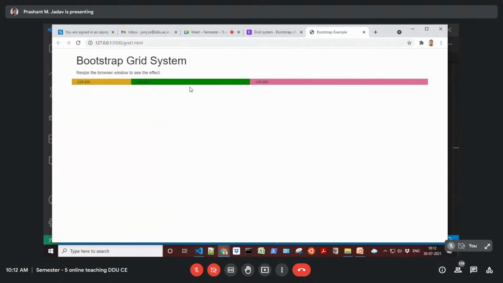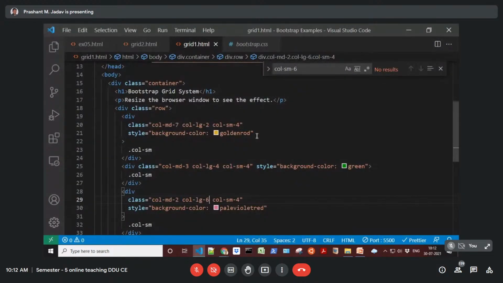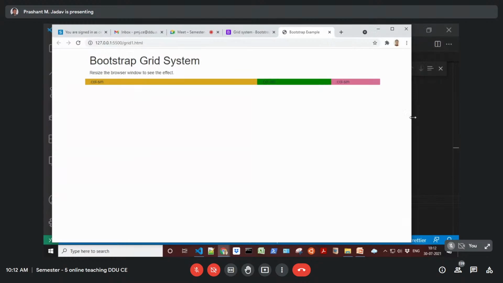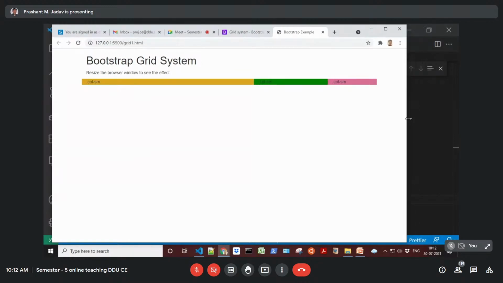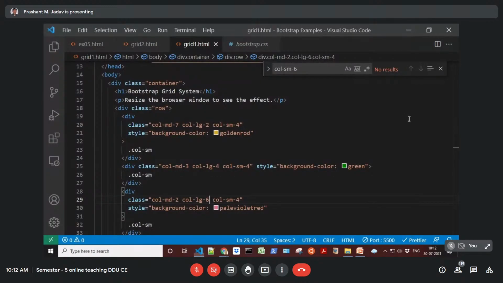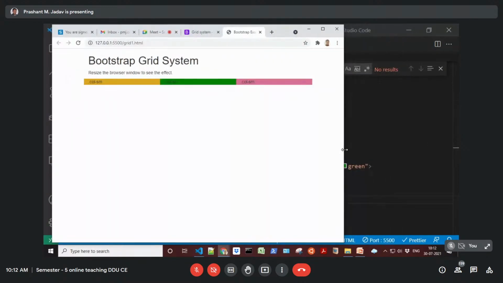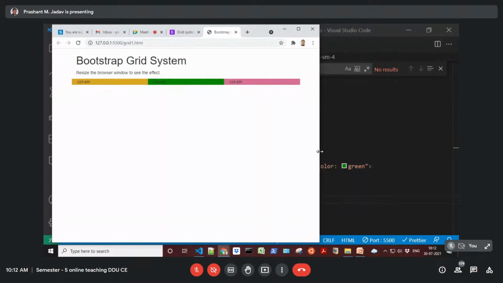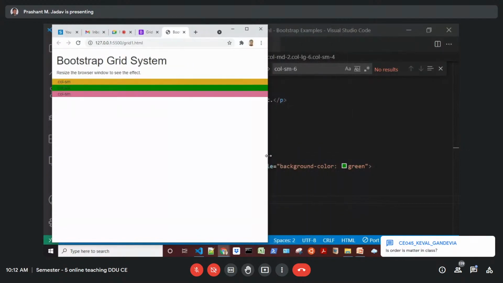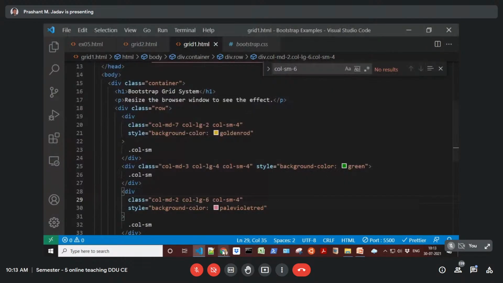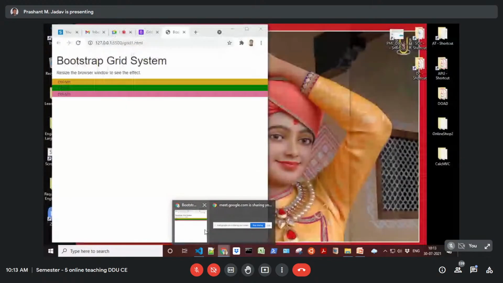It is 2, I think 2:4:6. For medium the layout gets changed: it is 7:3:2. For small, it is equal, 4:4:4. And for smaller devices, it would be piled up. So you can also set this thing.